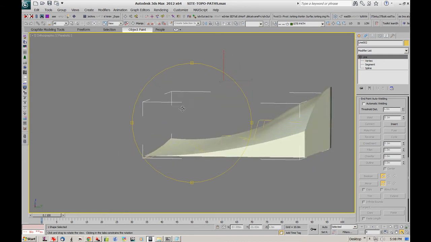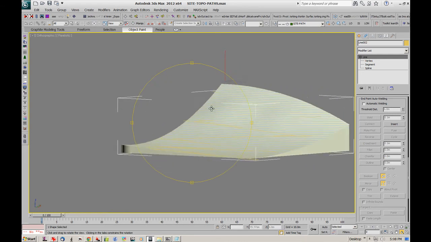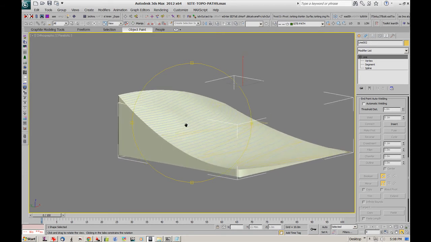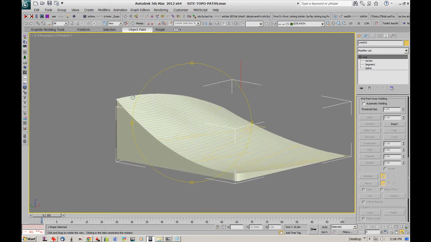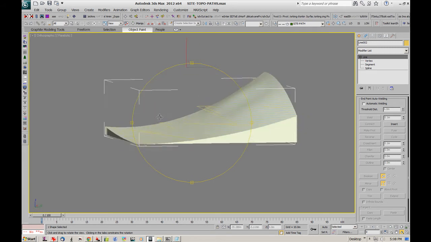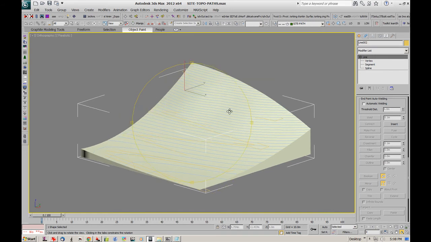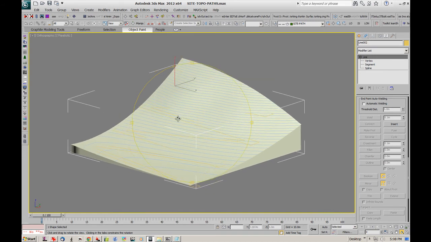Okay, so now I've got a spline, a ramp that works its way down. You can see it's cutting in probably a bit low through here where it's steep, but that's okay. We'll just see how it goes. Now what we want to do is we'll call this the driver path,